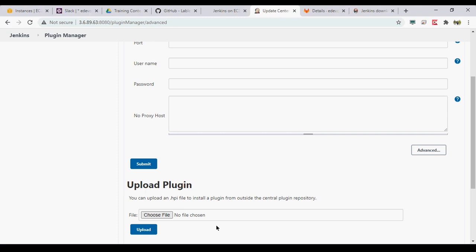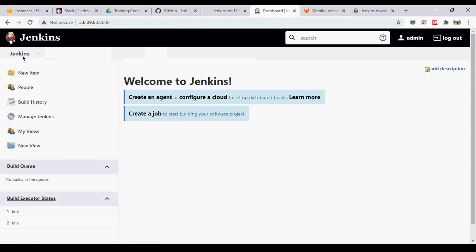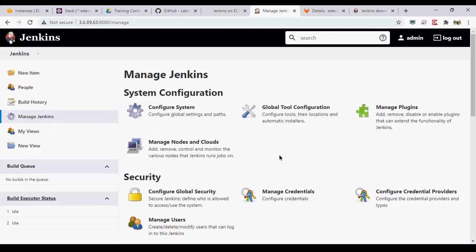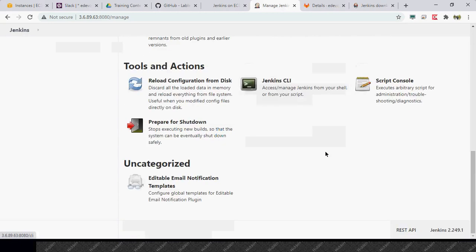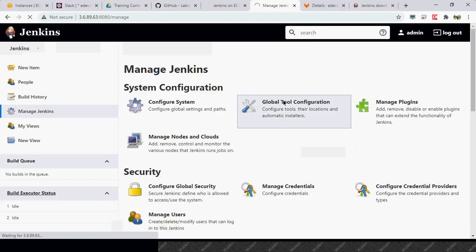But make sure that whatever plugins you are installing should be compatible with your current version of Jenkins. Otherwise, it might not work, and the other plugins might also stop working because of this incompatibility. Okay, so that is the thing. Then in our case, we need to install Maven. So these are different options which we have already covered in an earlier session, so I will not go into it. That will just take up the time.